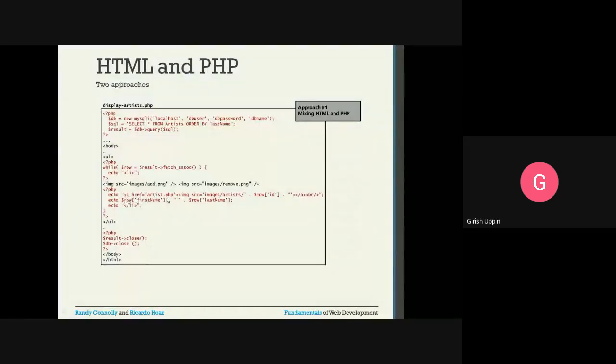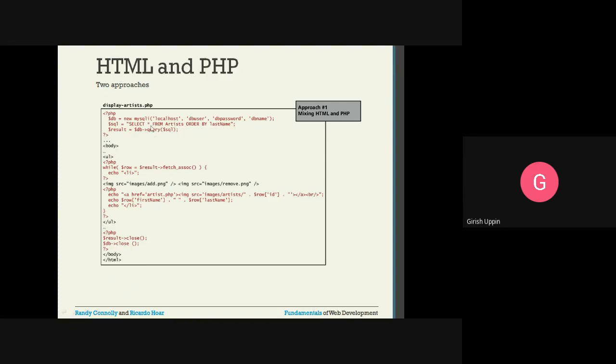This is the link for the PHP, so this is the anchor HTML element. Then I have an image, dot $row ID. So whatever the row ID we are going to get, we are putting the ID value here, and then $row, the first name, we are going to fetch the first name.